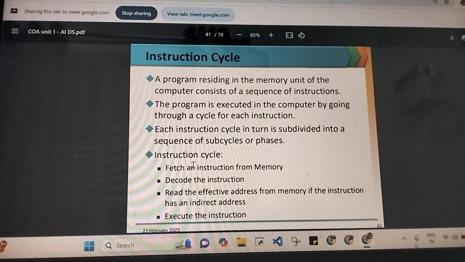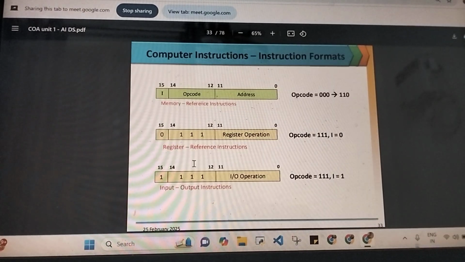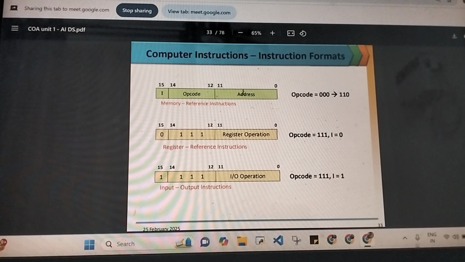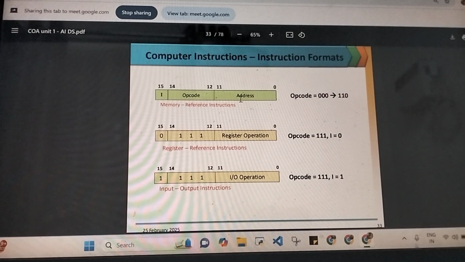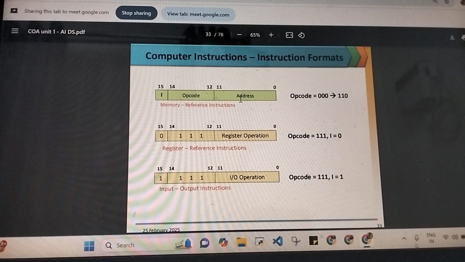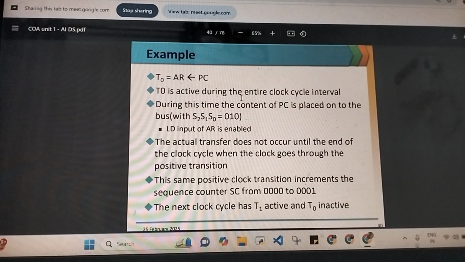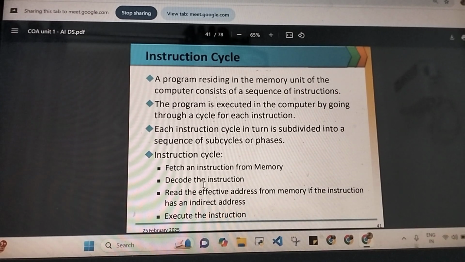Second is decode. The control unit does the decoding, which is just what we looked at in these slides. It takes the mode bit first, and figures out whether this is direct addressing, indirect addressing, whatever. Then it looks at the address. If it is a register address, it will pick up the data from the register. If it is a main memory address, that address goes to the MAR, a signal is sent to the memory, and the data comes back to the MDR. The same story which we looked at yesterday. Then it looks at the opcode and decides what operation needs to be done. So the instruction is broken down and all the required operands are gathered. That is the decode step.